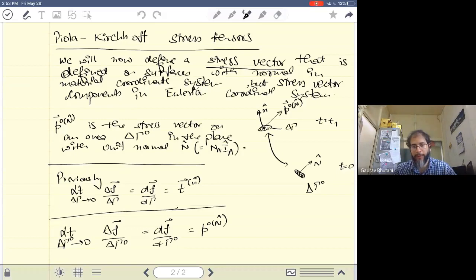Okay, so here delta F is the force acting on the surface, which in the reference configuration was delta gamma naught. So it's still this surface that we're talking about, the one I've circled in red. Hopefully you should see it soon. Yes, it's this red surface that we are considering, but we write things in such a way that we write things in terms of delta gamma naught, which is the one on the bottom right of this.